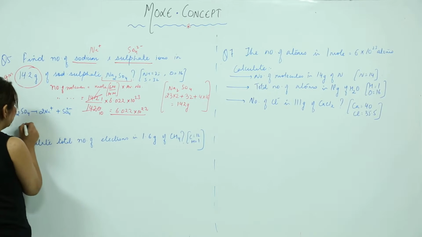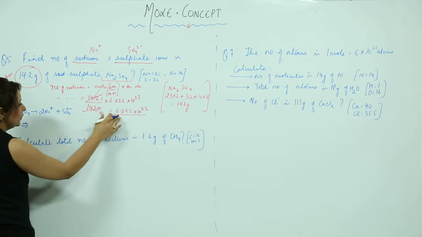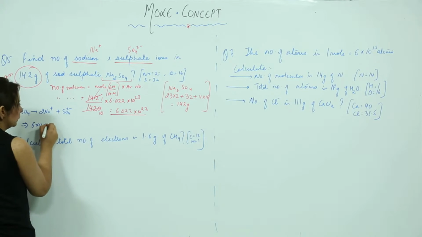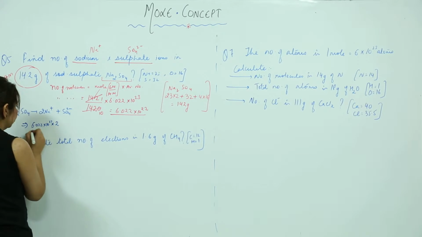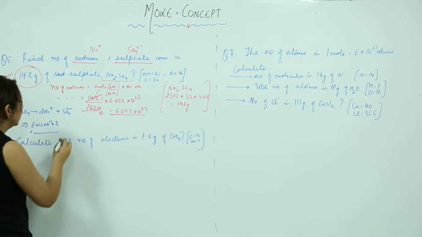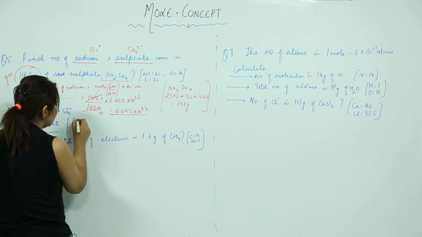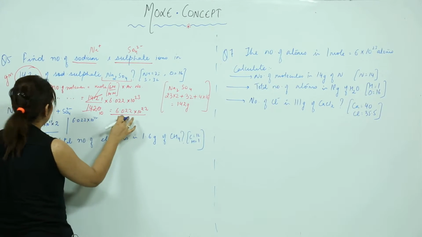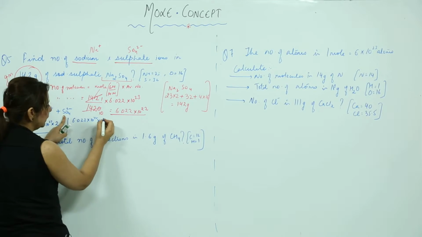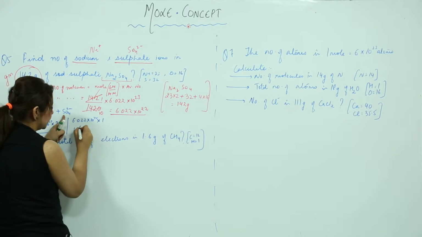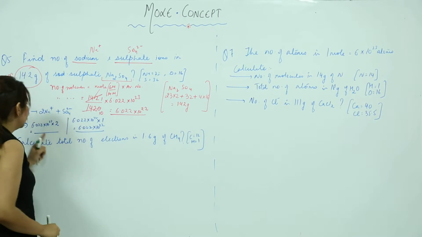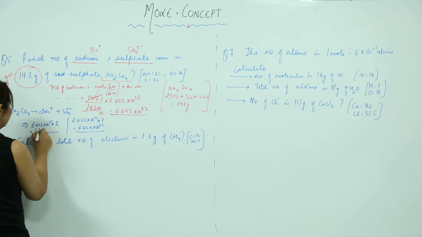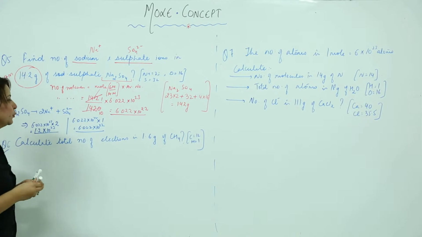So how many Na is present in this much mass? It is equal to the number of molecules multiplied with the number of ions which we get from one molecule. So this is going to be the number of Na, and when we talk about the number of SO4, it is the number of molecules present in this much mass multiplied with the number of ions it gives when it gets dissociated. Because it is multiplied by 1, you are going to get the same term, right. But here you are multiplying with 2, so when you do the multiplication, you will get the result 1.2 into 10 raised to power 23.